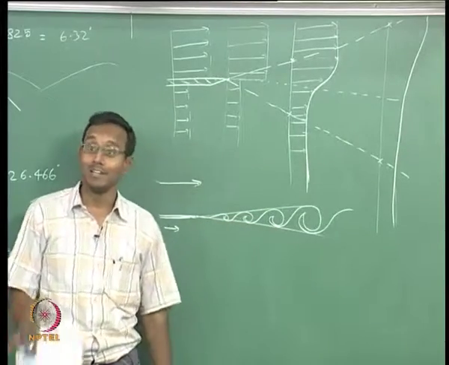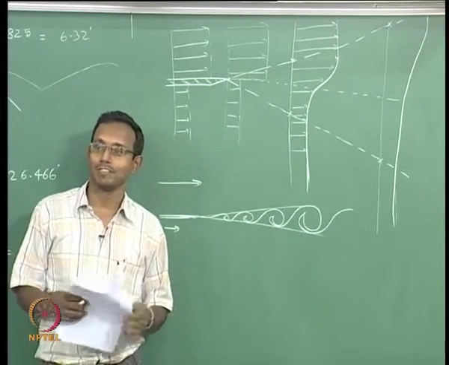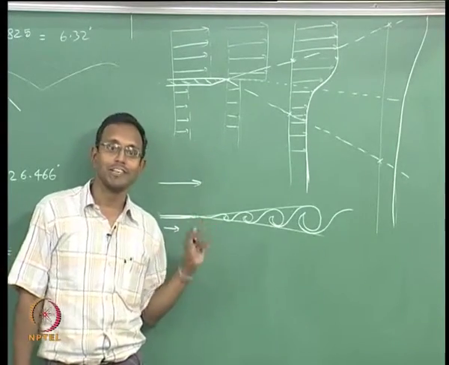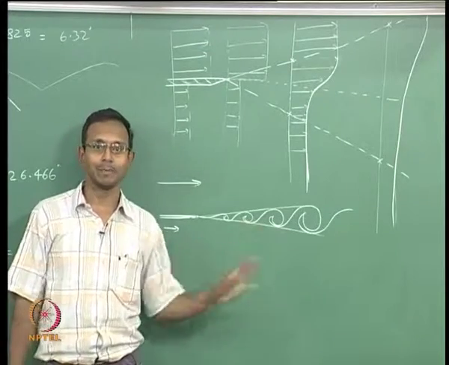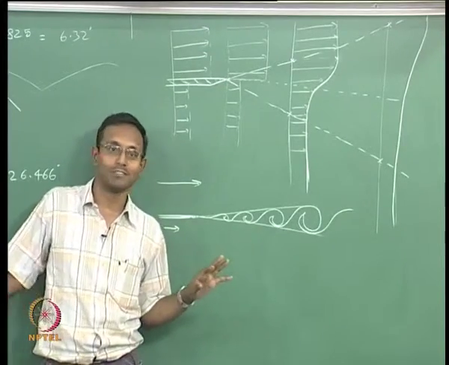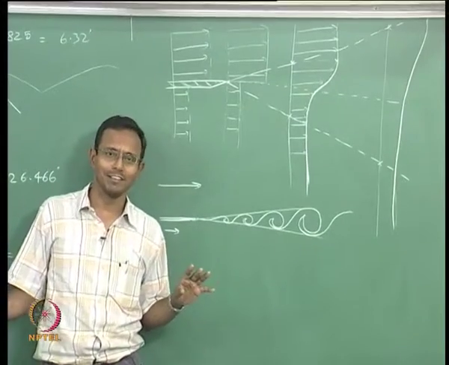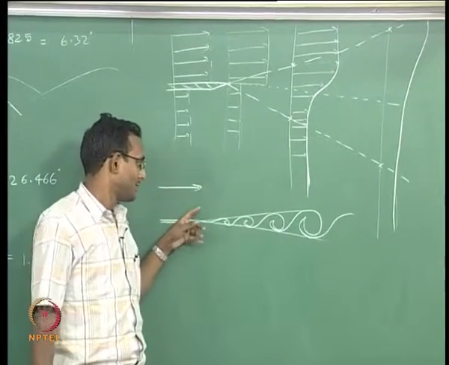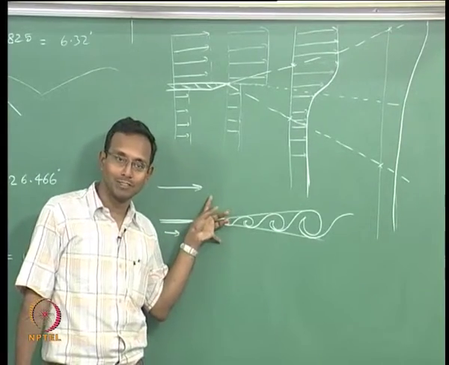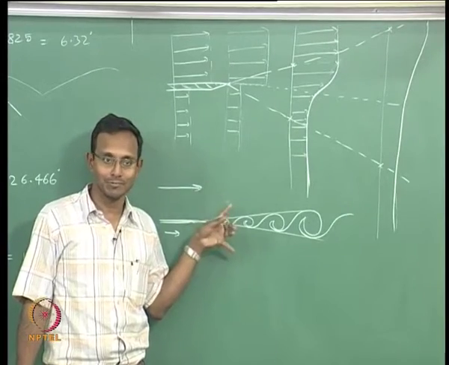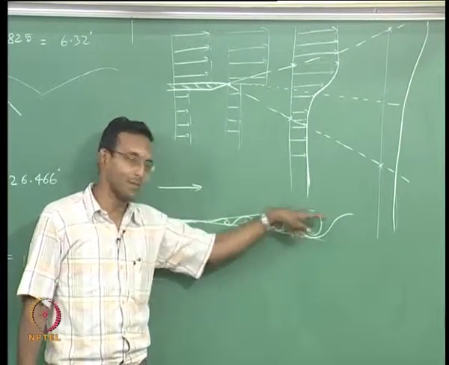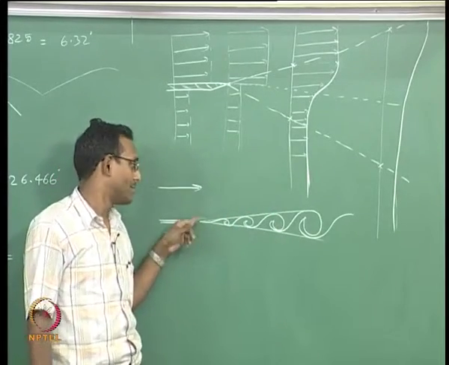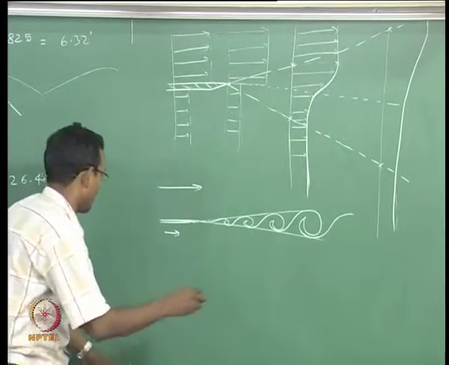Now, I will tell you the main thing about compressible shear layers. The same thing happens in compressible flows also. Viscosity does not care about compressibility. They are independent aspects of nature. They don't worry about each other. There will be a nonlinear effect if the things are too strong, but we won't worry about that part right now. All I know is this can be thought about independently without worrying about compressibility effects as of now. I can tell you that this kind of roll up will happen if there is enough difference between the velocities to begin with.